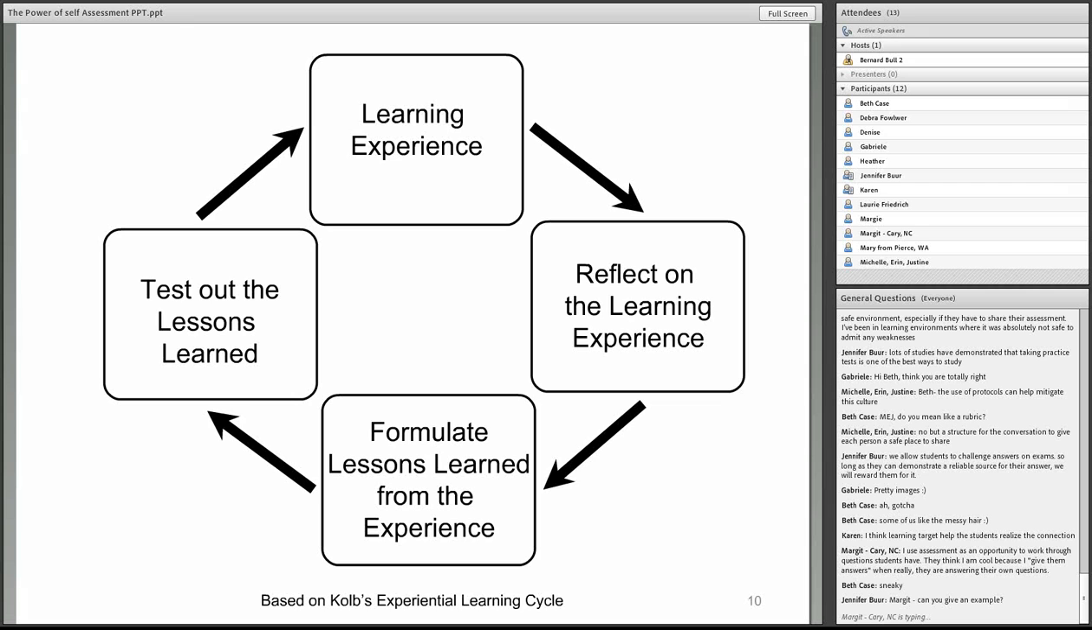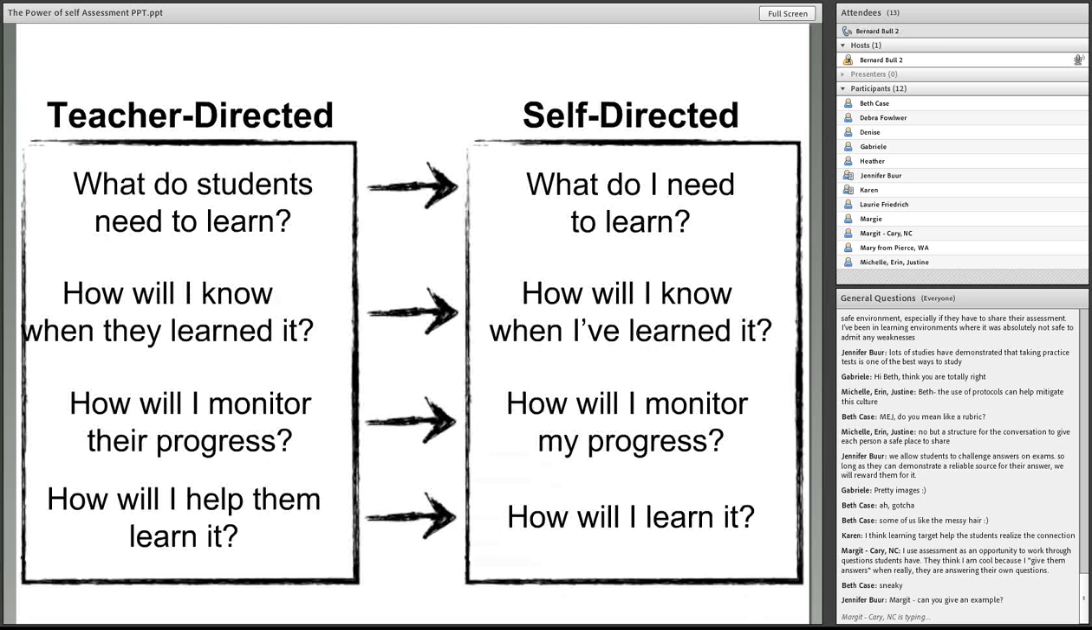Let me just jump to this next one. Another way of approaching this is looking at the difference between a teacher-directed and a self-directed learning environment. I'm not arguing that we have to turn every learning environment into a self-directed one, but I do argue that every classroom or learning environment is somewhere on a spectrum between these two, with each of these questions. So for example, on the left-hand side, for a teacher-directed class, the question that helps establish the learning outcome is, what do the students need to learn? In a fully self-directed learning environment, the question that determines the learning outcome is, what do I need or want